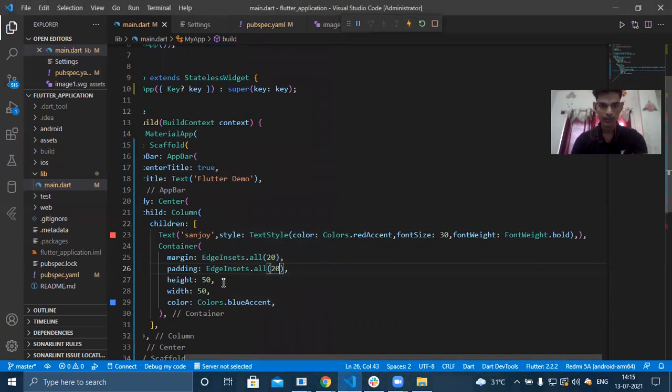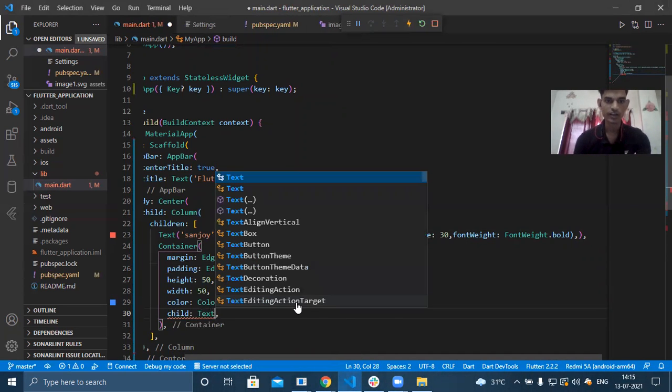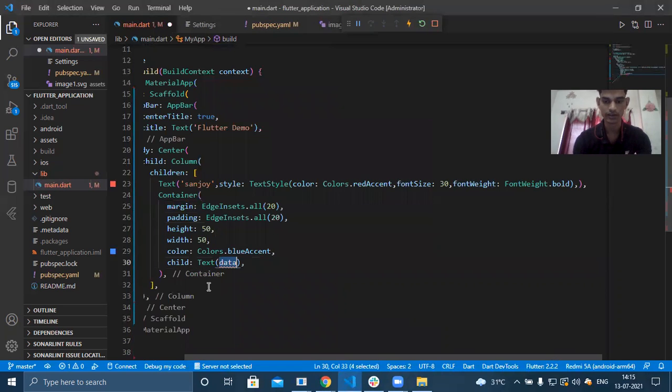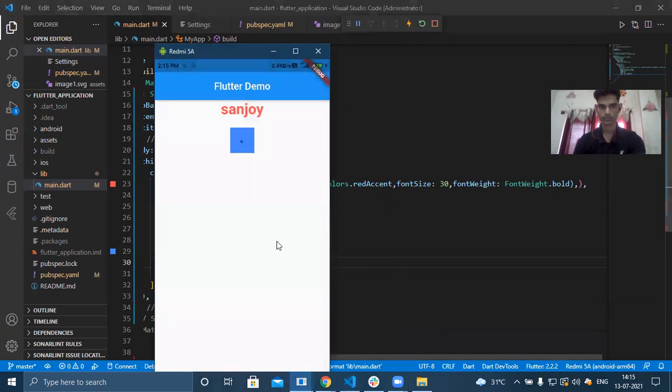Inside the container we have a child attribute, and in child you can take anything. I'm going to take a Text. So that's my name. Okay, you can see we gave the padding as 20, that's why it is not showing properly.